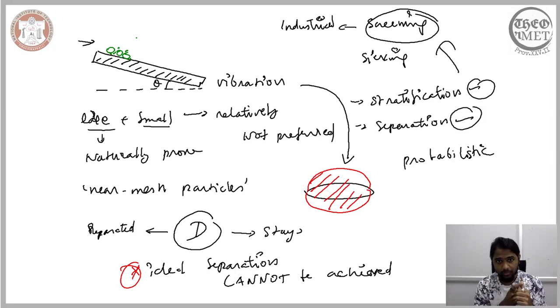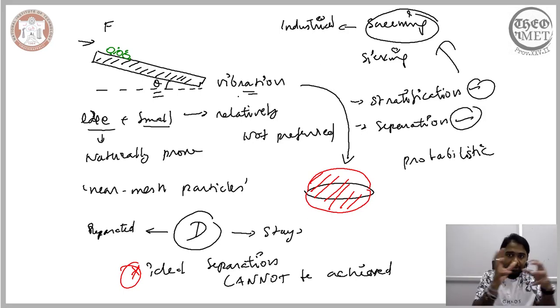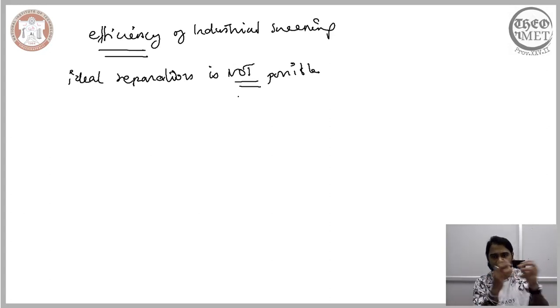That is one way of doing it. Another way is working around with the angle of inclination. So one is the feeding rate, the other is the angle of inclination, the other is vibration. There are several ways that one can ensure that the probability of these events that ultimately contribute to screening increases. Now when you fix these parameters, you need to quantify the probability that you have achieved thus far.